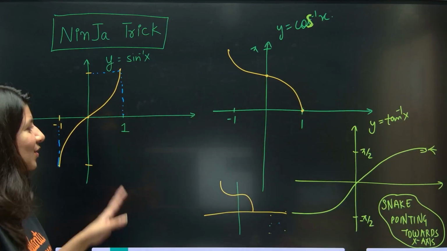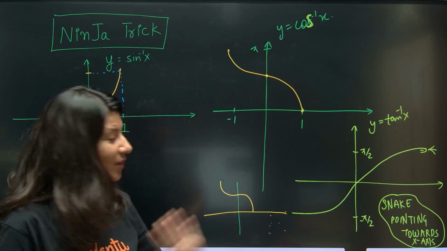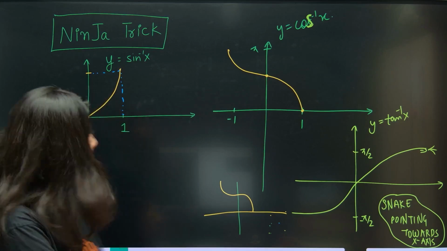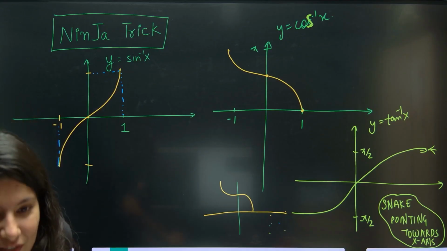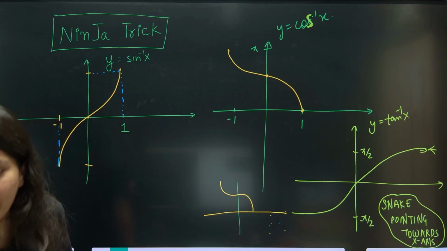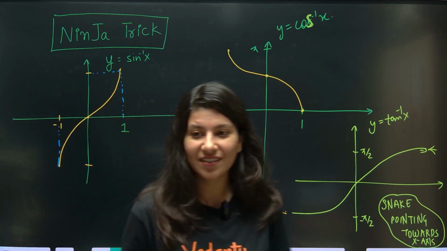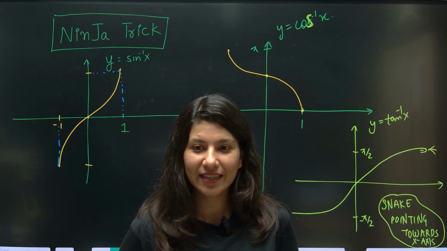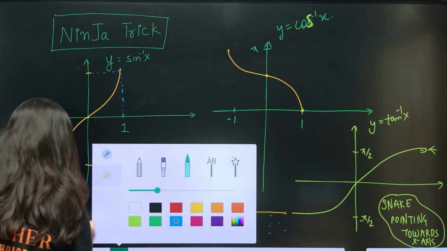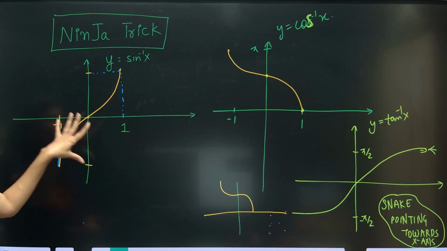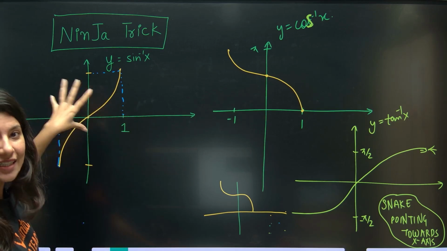Okay, and now these three graphs, you'll tell me, okay ma'am, a little relief that you are teaching like this. So we can actually draw these three graphs. Now we feel that drawing these graphs is not as difficult as it seemed in the beginning. But ma'am, what about those three giants, especially sec inverse and cosec inverse? In sec inverse and cosec inverse, you first draw sine inverse.